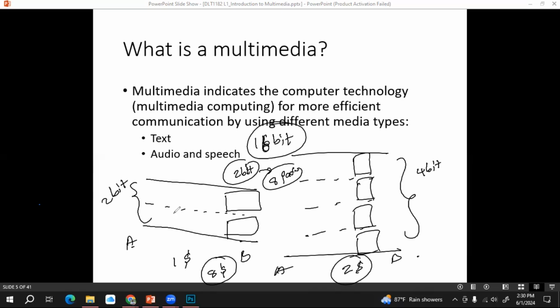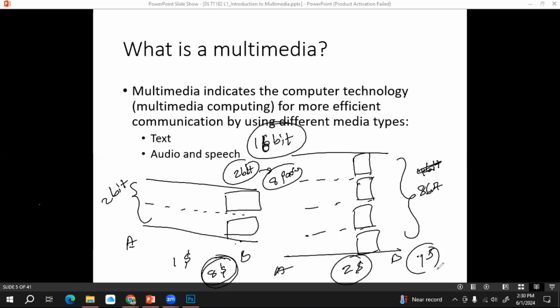But in the earlier scenario, we can send a maximum of 2 bits from A to B, therefore it takes 8 seconds, but in this scenario, it takes 2 seconds. If your bandwidth is 8-bit, it will take just 1 second, right?